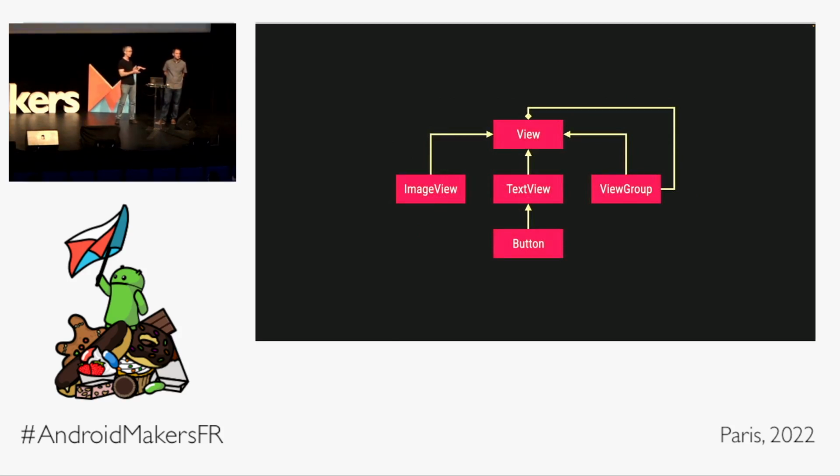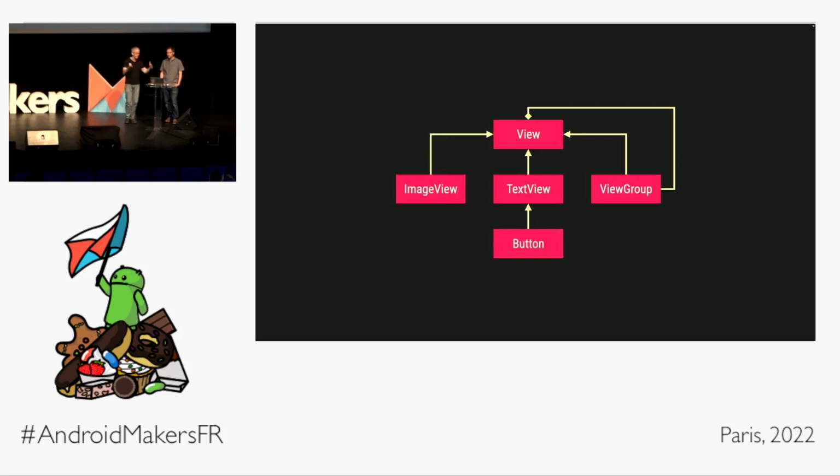Most UI toolkits, I think in history, in fact, all of the UI toolkits that I've worked on prior to Compose were based on inheritance. So you have some generic object at the top, and then in Android, that is a view object that has the base capabilities that all of these visual elements are going to have. And then below that, you have these subclasses that inherit behavior. So here in our simple example, we have an image view, then we have a view group, which is a container to hold other views. We have a text view, which is then a superclass of button. So all of this is